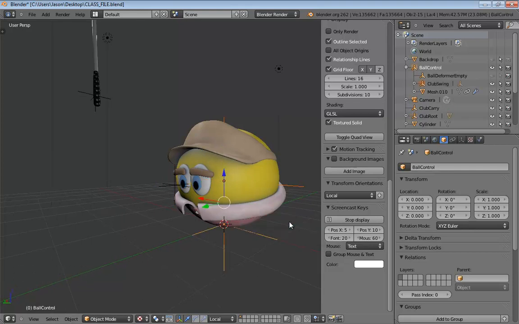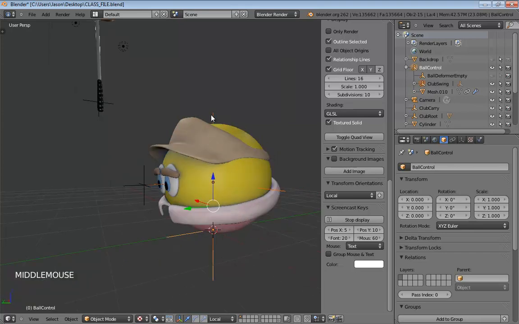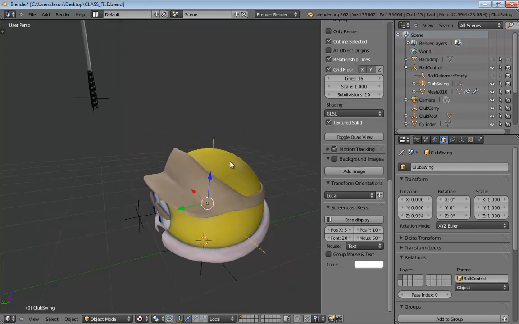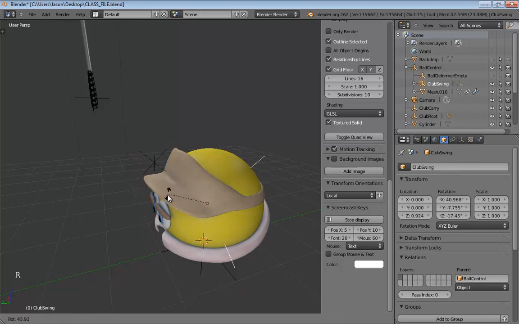So after snapping this to the center, we move this forward. Yes, you have one object that is right at the center, so one empty, dead at the center. This is what we're going to use to actually swing the club. We duplicate that and move it straight forward. You can think of this kind of like the attachment point. This is where the club is going to be located. So if you follow me here, notice as I rotate the club swing, that little attachment point swings around too. And that's exactly what we're going to be utilizing to make our character swing the club around.